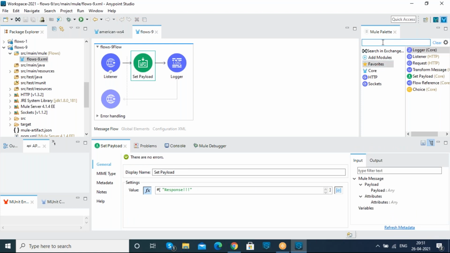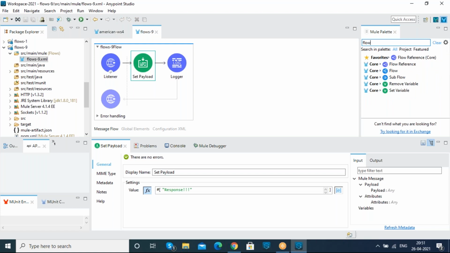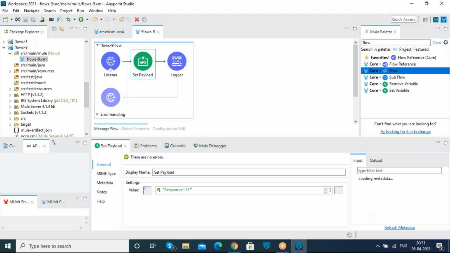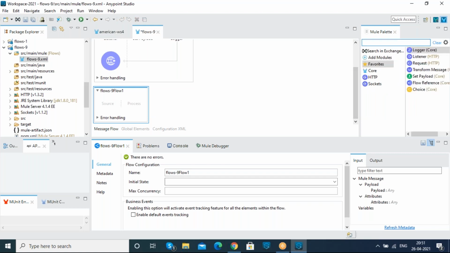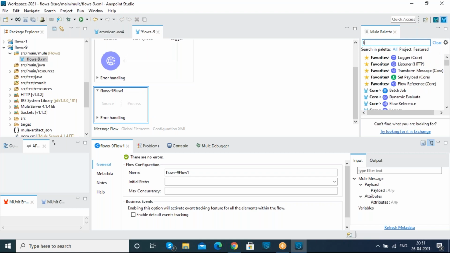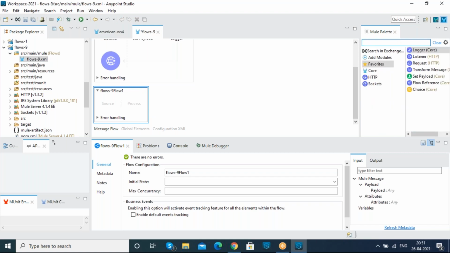In a flow, we will have the source message and message processor in it. If we are not using the source message and are only using the message processor, then we call it a private flow.